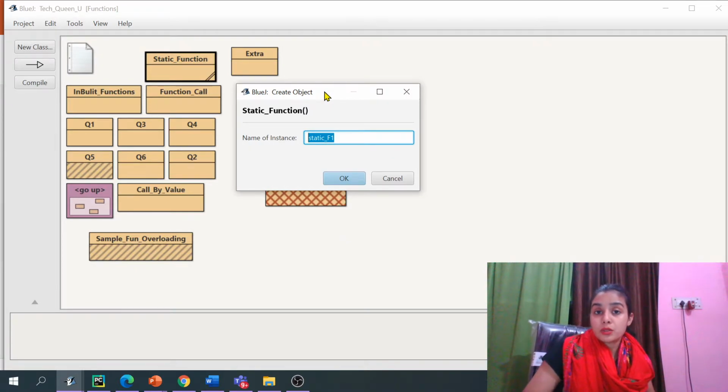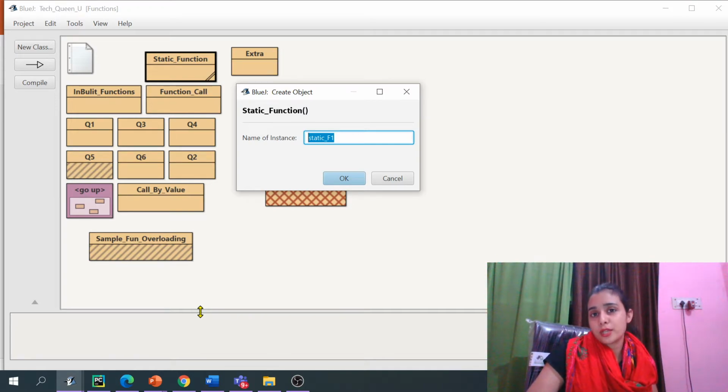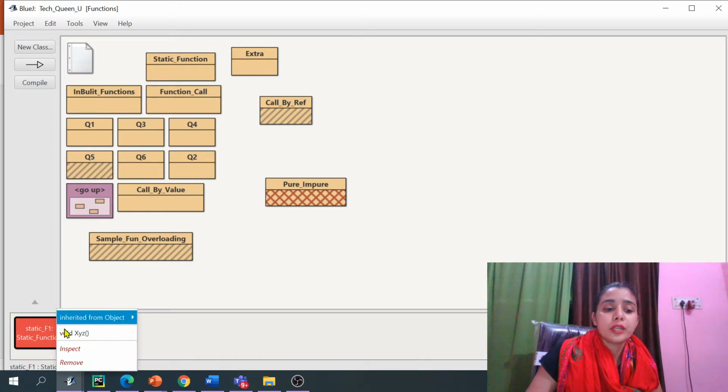So that means the static function can be called without creating the object. And for the non-static method, you need to create the object first of all. Then and only then are you able to call that particular function, which is non-static. Okay, so here I will create the object, guys. It has created the object. I can change the name also. I can give any name of my choice, but I have used the name given by the system, right? So through this object I will be able to see the output, whatever I want to see.